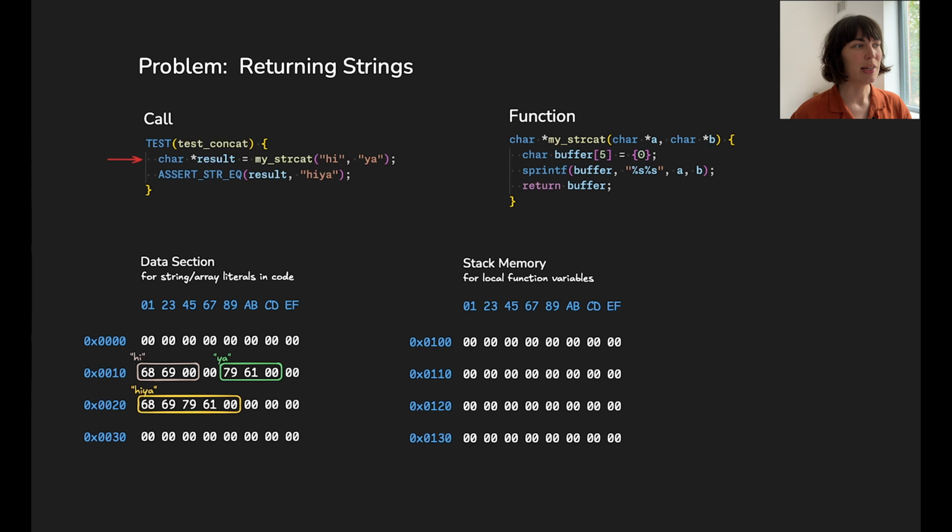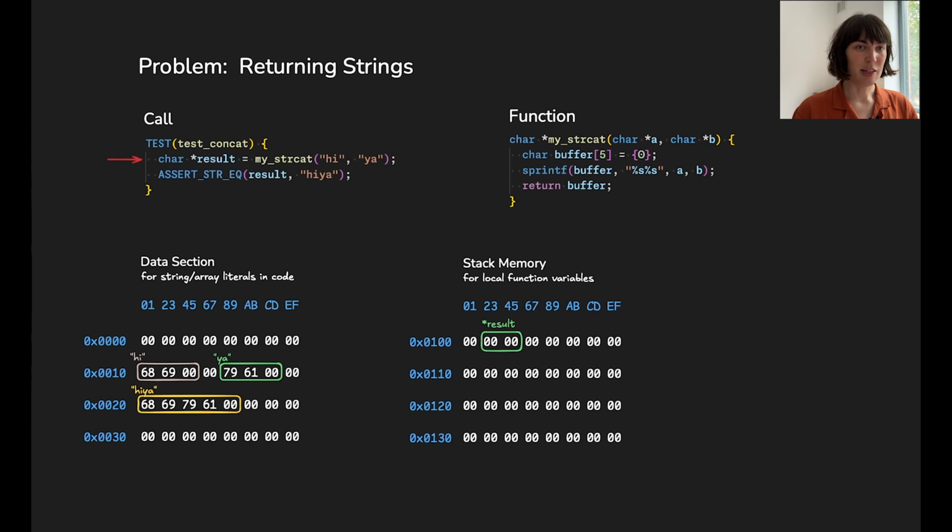So in this line, we set up an area of memory, which we're going to call result, which is supposed to hold a pointer, which is an address to an area of memory, which points to an array of characters. So I'm going to indicate this as starting, let's say, here in the area of memory known as the stack, which is for local variables. And the address of this result pointer is going to be 0102. In this bit of memory is going to go the address to the string which was returned by myStirCat. But we don't have that address yet, so we're just going to set it up,